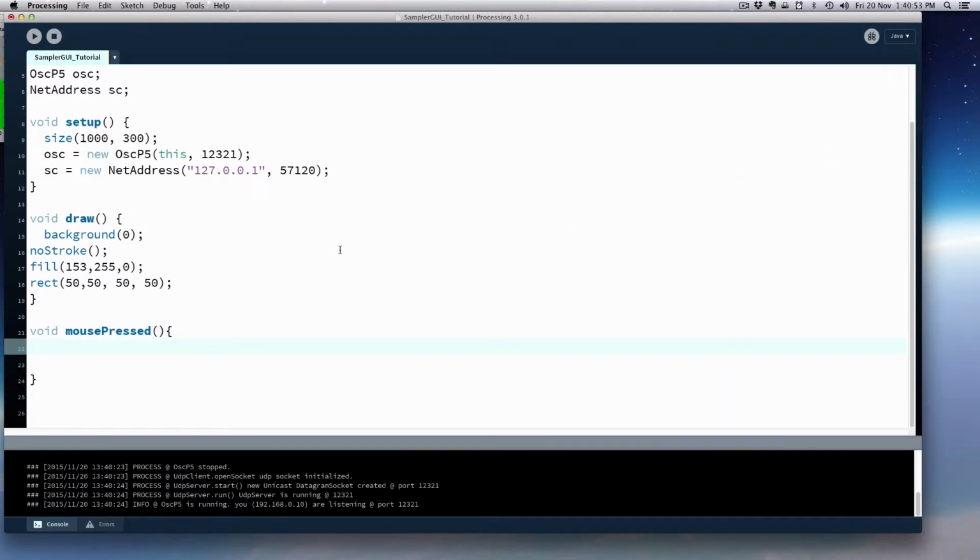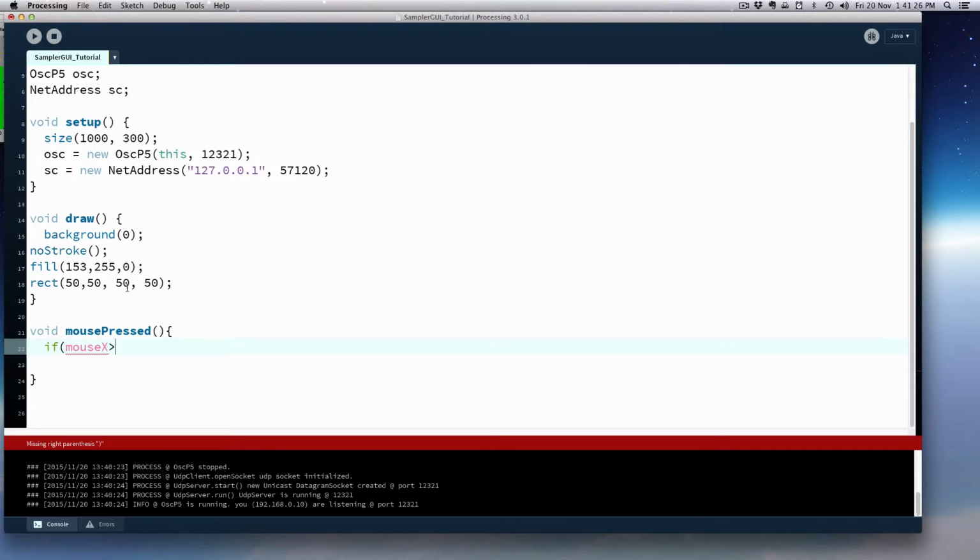Now the next thing I have to do is detect whether I'm touching the rectangle that I drew. So we're going to just look at our mouseY and mouseX coordinates and put some limits on them. So there'll be 4 arguments. We're going to make an if statement with 4 conditions, and they all have to be satisfied, right? So basically we're going to look at the left side of our square, the right, the top, and the bottom, and make sure that the mouse is within those. So let's look at the left. If mouseX is going to be greater than the left edge, and right now we have 50, but